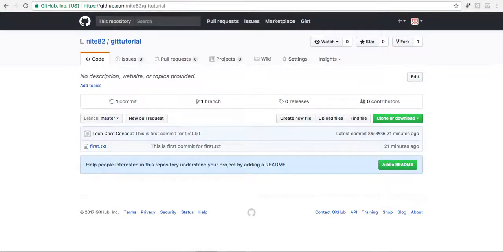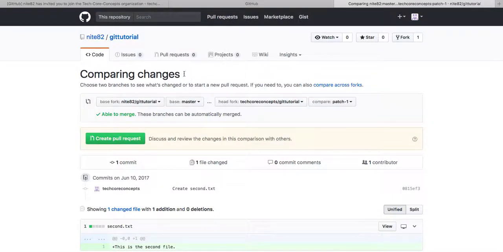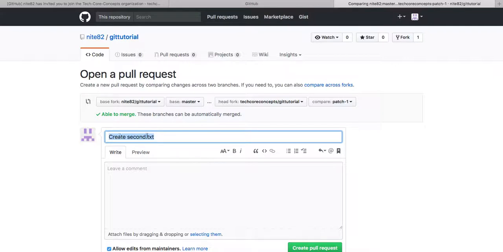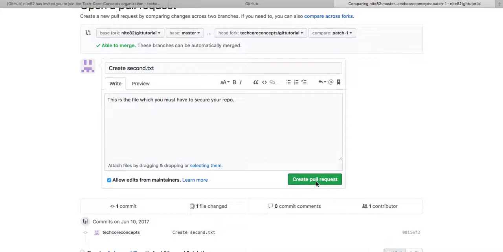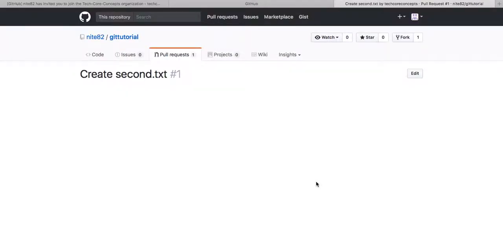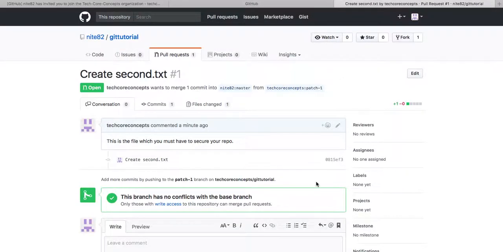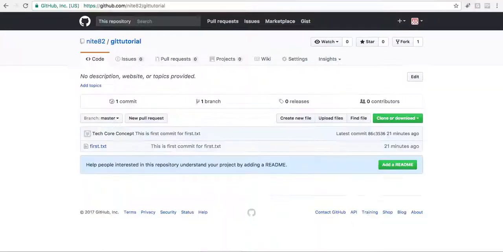In case I want to suggest something from this user to that one, I need to create a pull request, and then I am creating a second.txt file, and I can even write the comment that this is the file which you must have to secure your repo. Okay, create pull request. Okay, now the pull request has been generated,